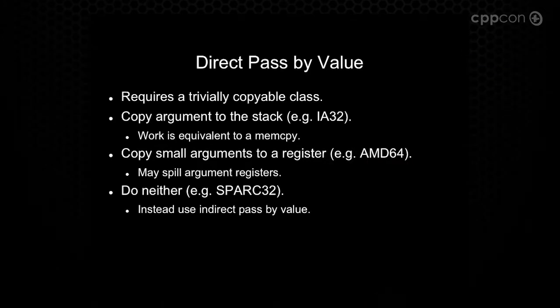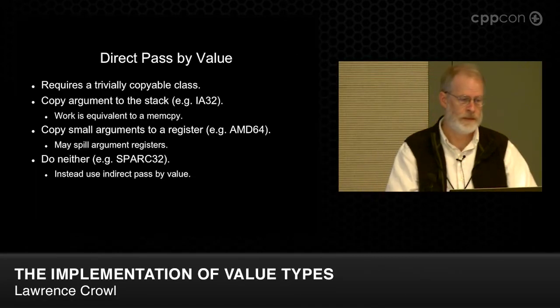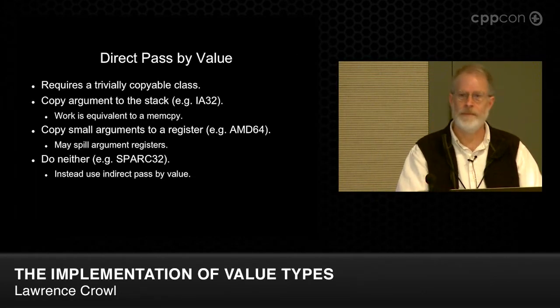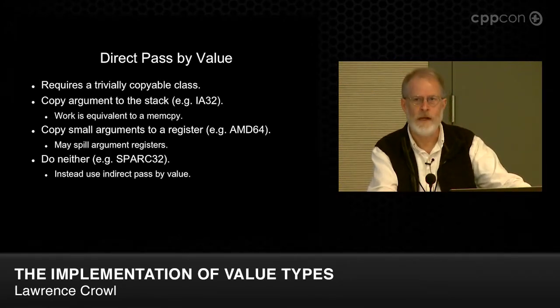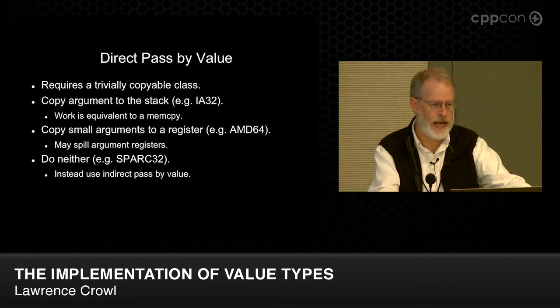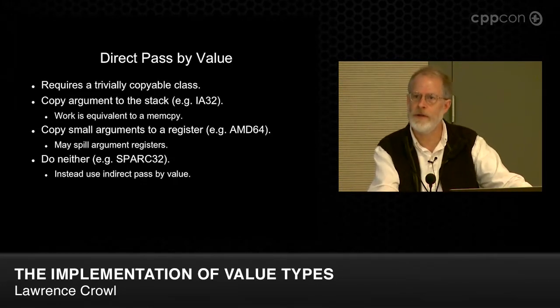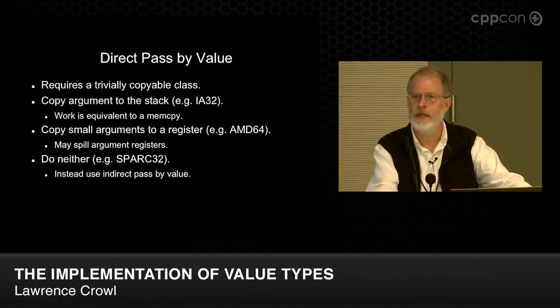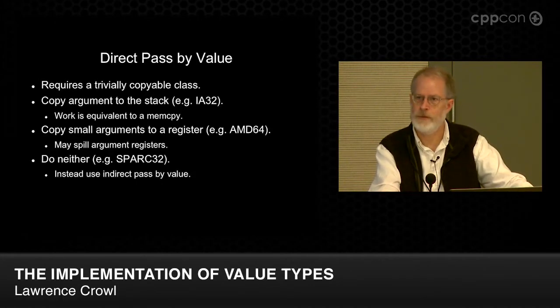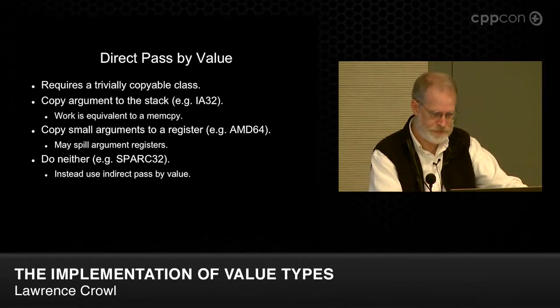The reason is there are basically two different ways to implement pass by value. The first one is by direct implementation, direct pass. This requires a trivially copyable class. On IA32, you push it to the stack. On AMD64, you can copy it to a register. On SPARC32, you don't do either of those things. You punt to the next technique,